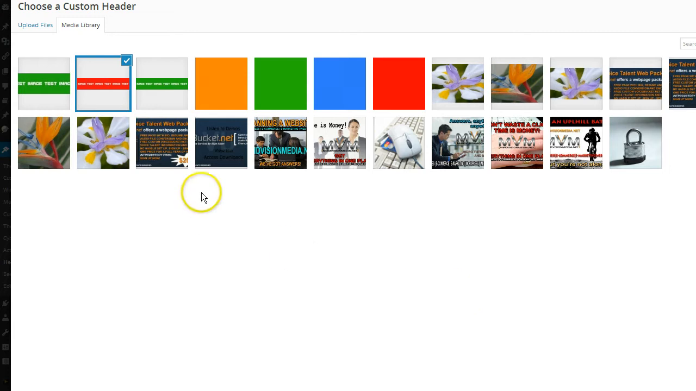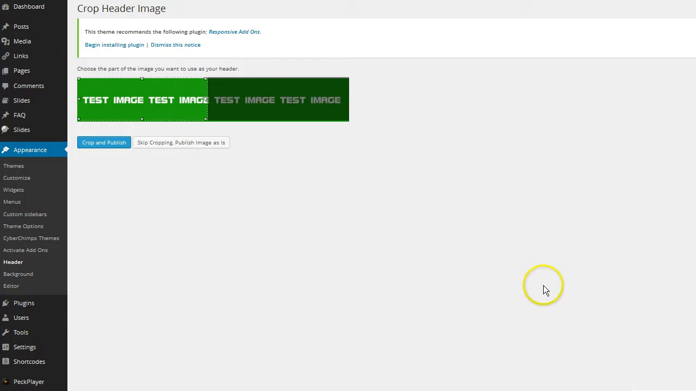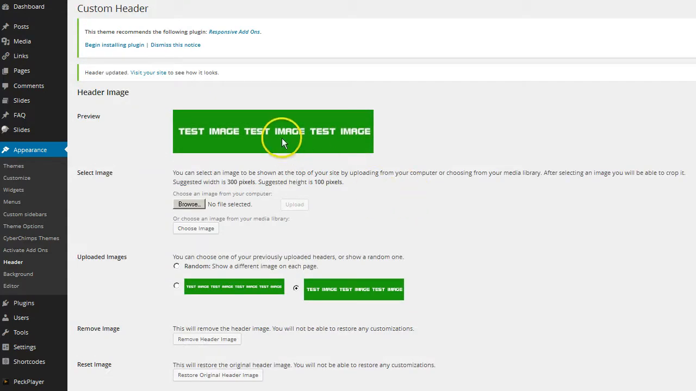Go ahead and do that one. And this is, of course, for demonstration purposes. This enables you to go ahead and crop it, and if you wanted the complete image, you would go ahead and encompass the whole image with this little box here. So adjust that to where you want it, and go ahead and click Crop and Publish, and that is your new